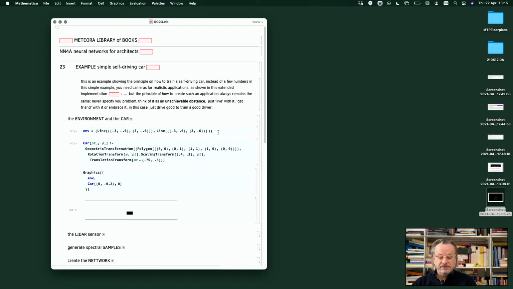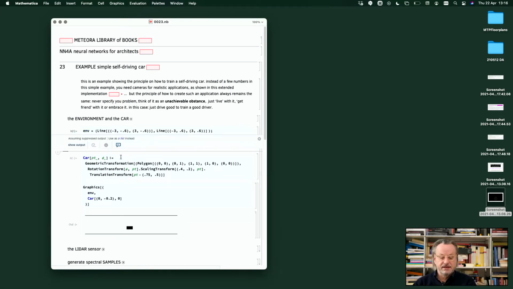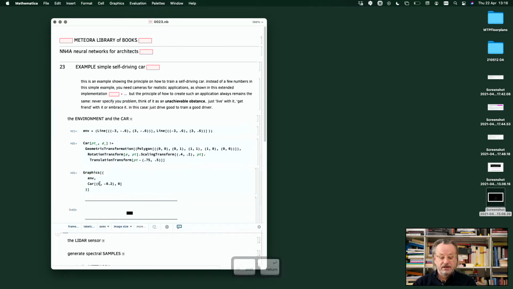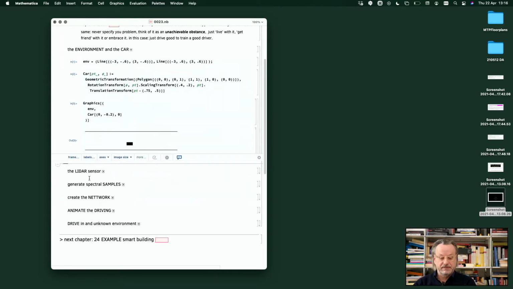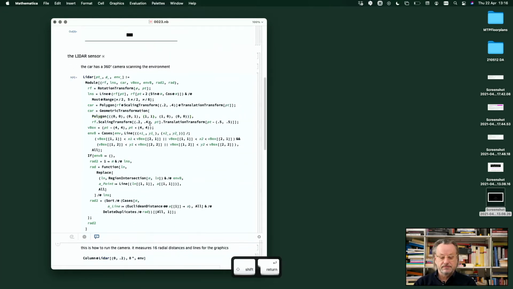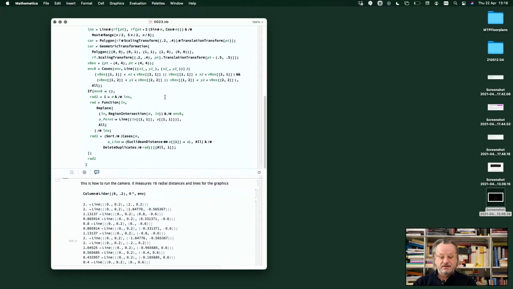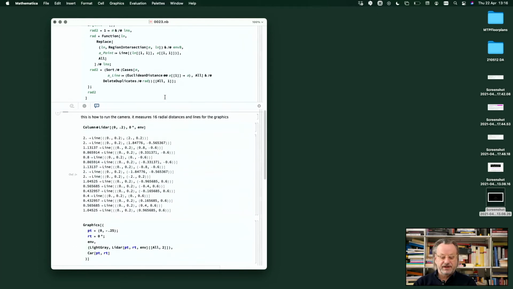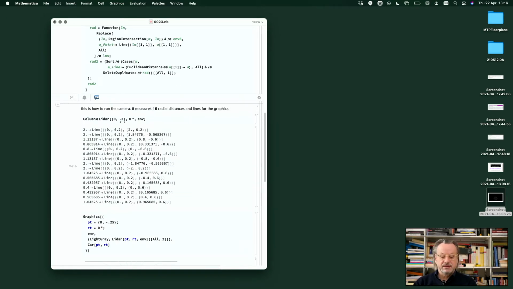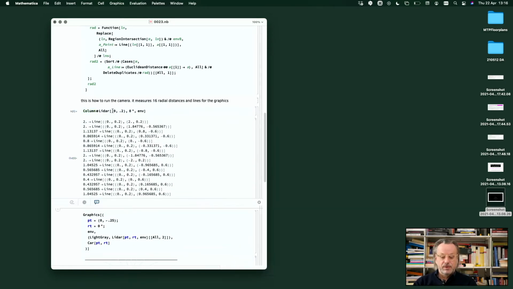We have the environment, just two lines. There's a car, a small rectangle, and this is how to render that. Put the car at a certain position within an environment, and we will change the environment later. Now there's a sensor of this car. This is the program. Unfortunately it's complicated to make it fast in large environments. But what this sensor is doing with the car at this position and looking in this direction